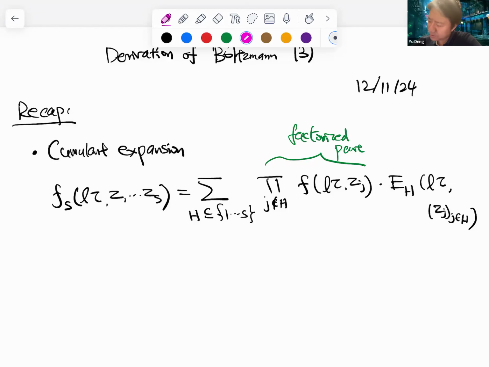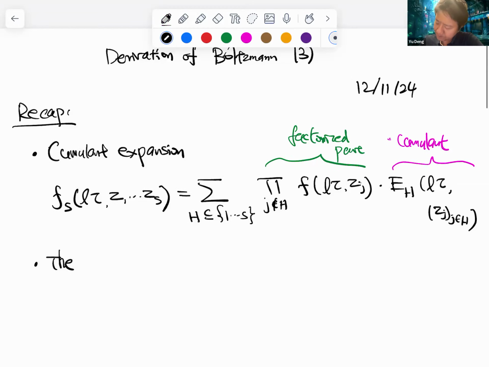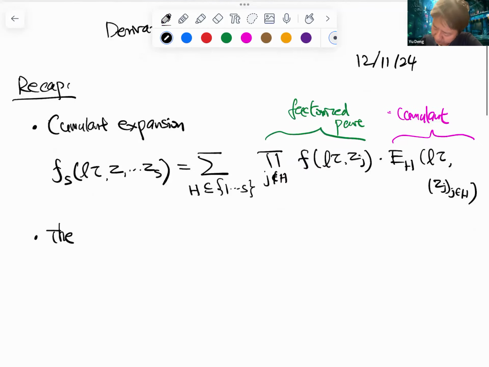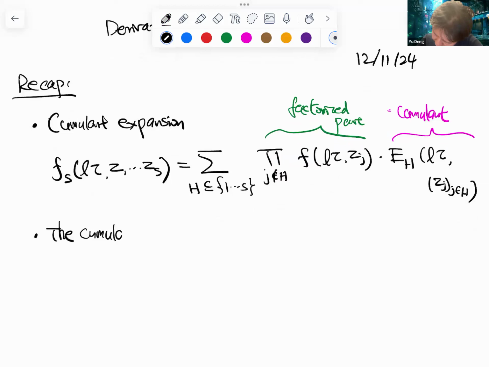And this is equivalent. Okay, and then we have this expansion. So it's L tau, or let's say, so L tau